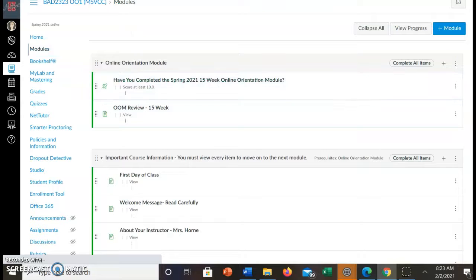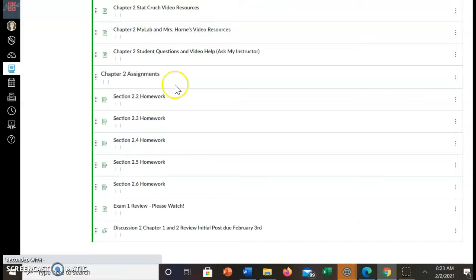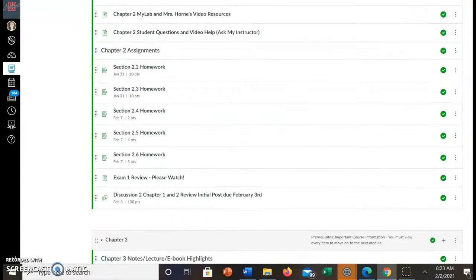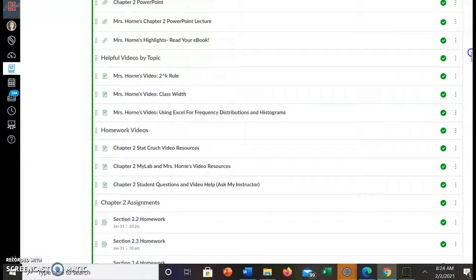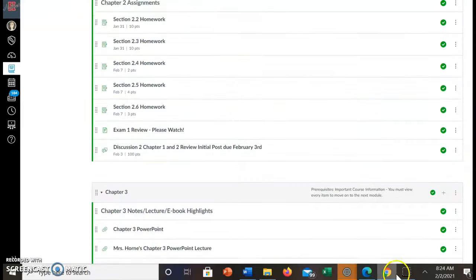And that's pretty much how my course is set up. And then at the bottom of the module are usually the assignments. So the format is kind of the same for every module. You have your lecture. I even have an ebook, and I've highlighted things in the ebook. Then I have the helpful videos by topic. I have the homework videos and the chapter assignments. So I just wanted to share that with you instead of the screenshots, and I